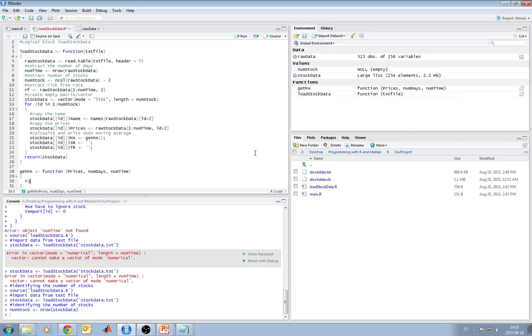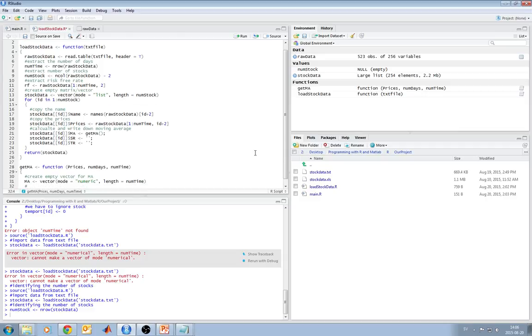Afterwards we would like to create an empty vector where we're going to store MA, our moving averages. So it's going to be MA vector, and then here you write mode. So in mode you specify what type of information are you going to store here. By default it's logical, so it's either 0 or 1, but we want it to be numeric values, so we just type numeric. And then we need to specify the length, so how many rows we would like to have in there, and it's going to be the total number of our time